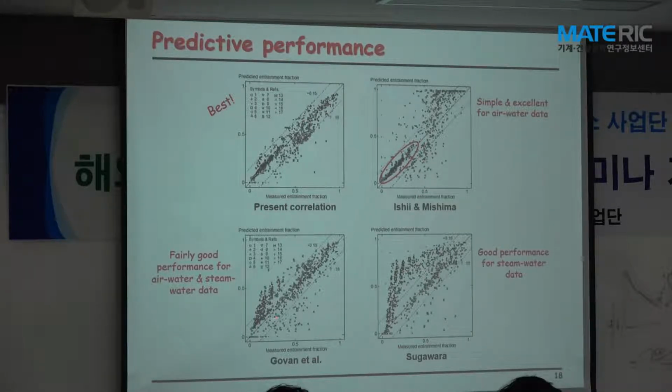And the inverse, opposite one is the Govan and Hewitt model. Their main purpose is dryout. Therefore, in their case, steam-water data was important, and they also used air-water data, with fairly good performance for air-water. But yeah,